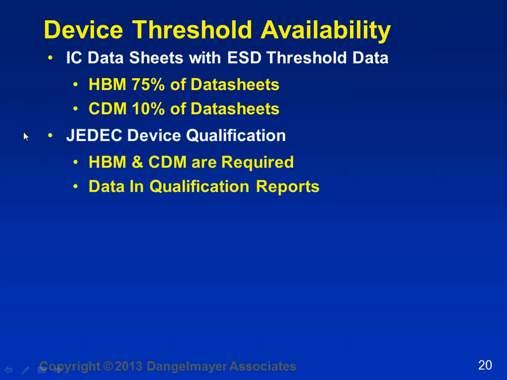Now, on the other hand, JEDEC has device qualification requirements that most companies are adhering to, most IC suppliers. And in these documents, HBM and CDM is required. So what that means is that if you are trying to get data and having trouble getting it,